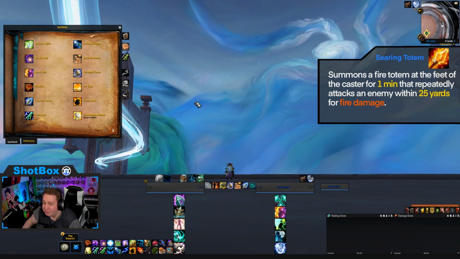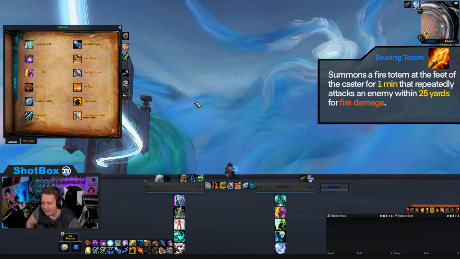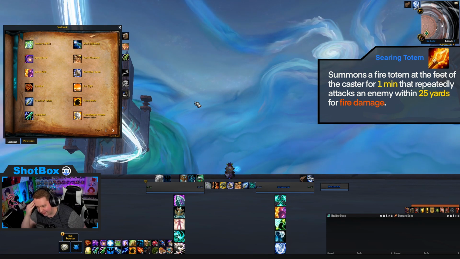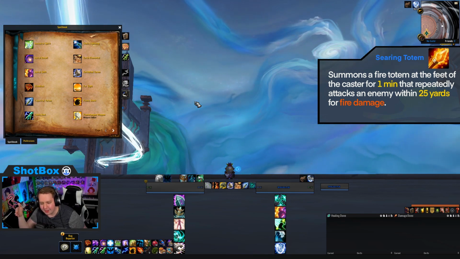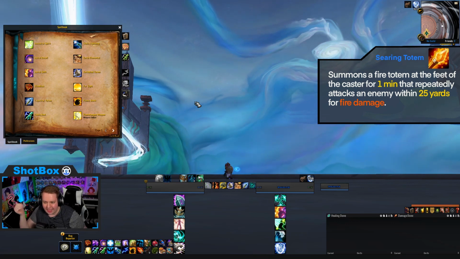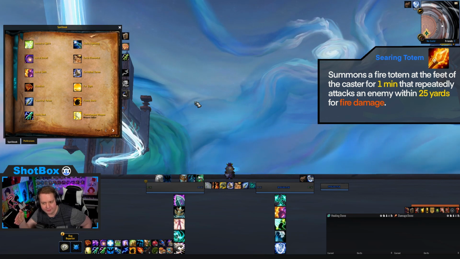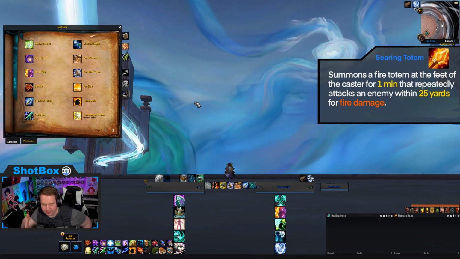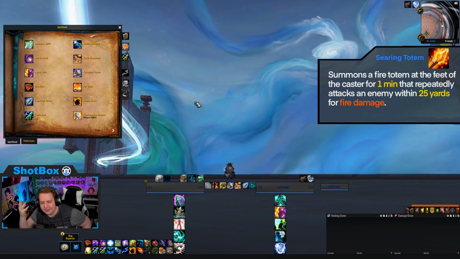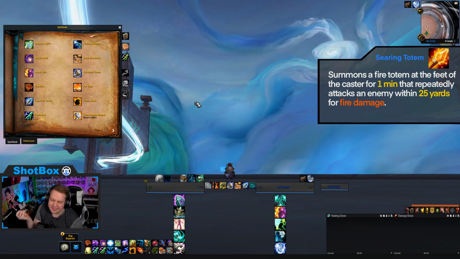But I would have really liked it if Resto could still have it. Because, again, and this is going to be brought up a few more times, the damage we can do while we're healing is very low. Outside of throwing Flame Shocks out, that's it. Everything else we have to consciously decide, am I DPSing here or am I healing? So this would have just been a nice additional tool to give us a little bit